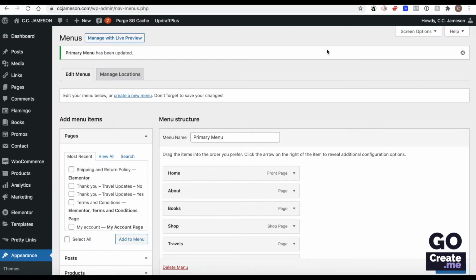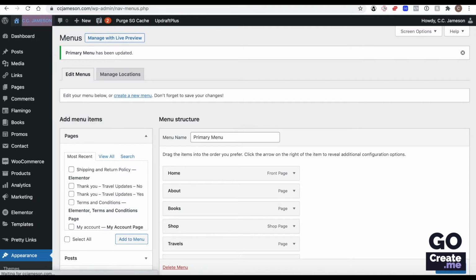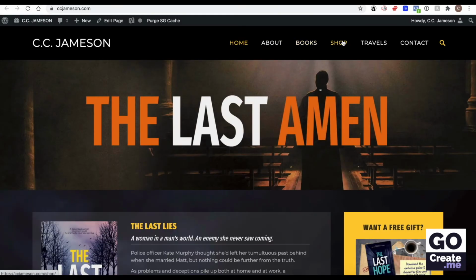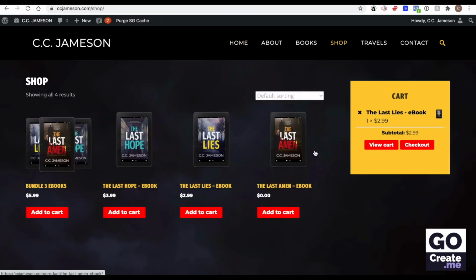Now the menu saved, if I go and look at my site, I will see that shop is now here. If I click on it, it points to the shop where I've got some books populated. You can also see the sidebar here that's different from my regular sidebar. I'll explain that shortly. But first, very important, especially if you've added pages to your menu, Parallax has one limitation